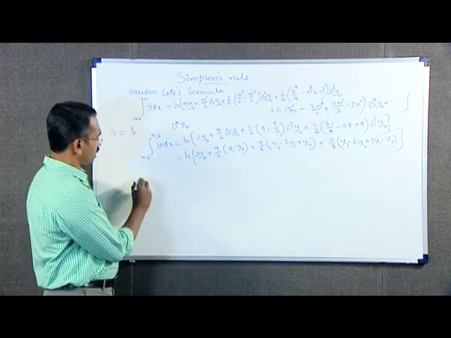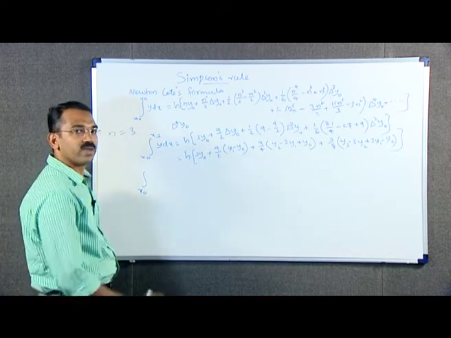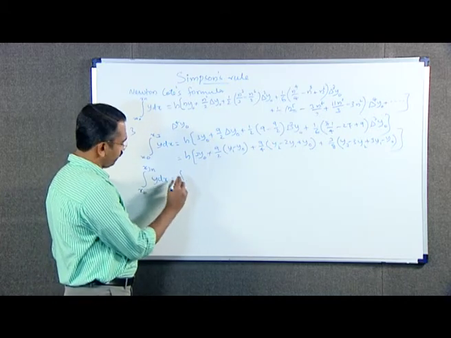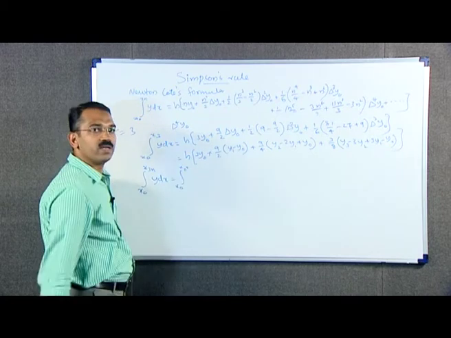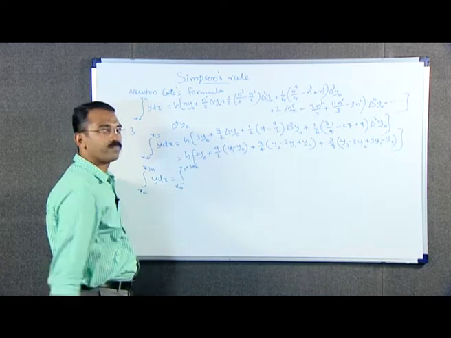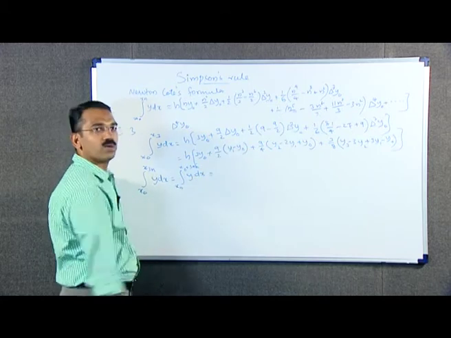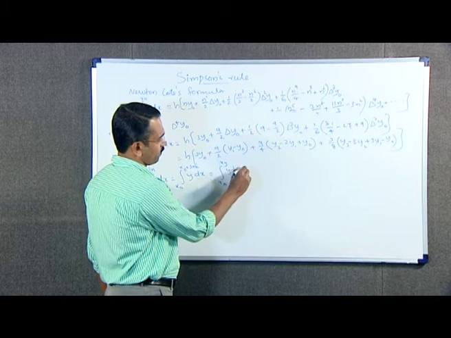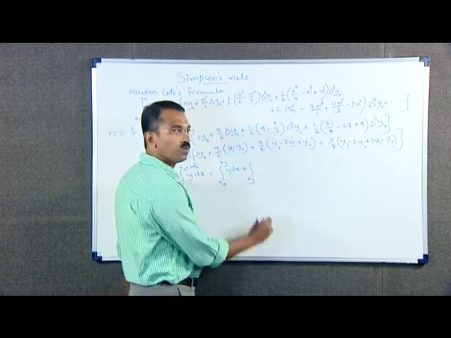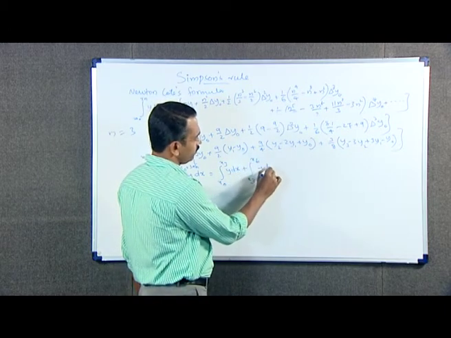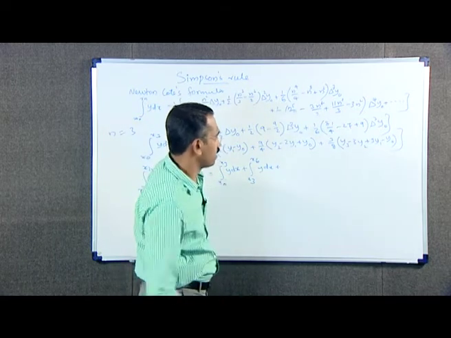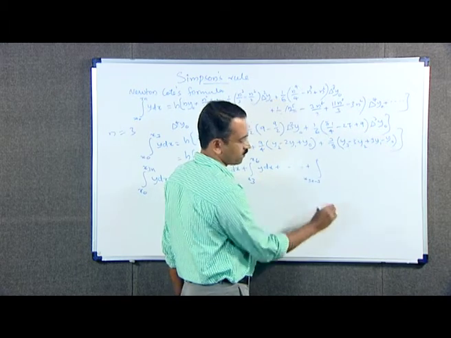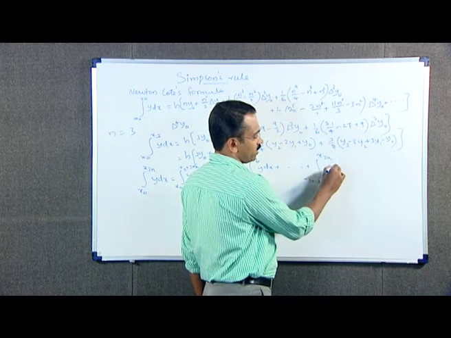We get the integral from x0 to x3n of y dx, which can be written as the integral from x0 to x0 plus 3nh of y dx, which is equal to the integral from x0 to x3 of y dx plus the integral from x3 to x6 of y dx plus etc., in general plus the integral from x3n minus 3 to x3n of y dx,